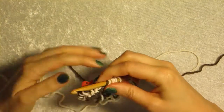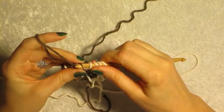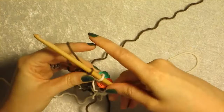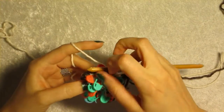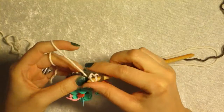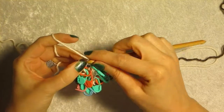Mark it, return pass them off, and sing it again. Two simples. 1, 2 simples. Back,